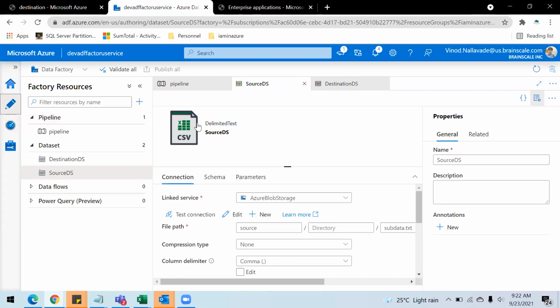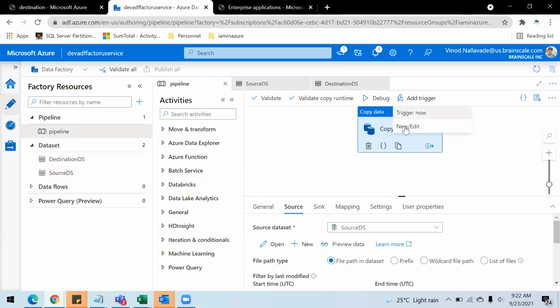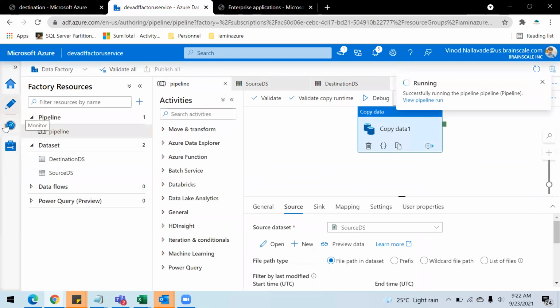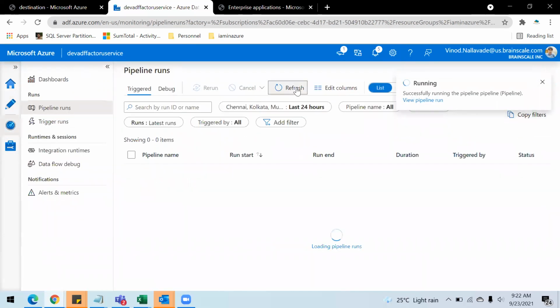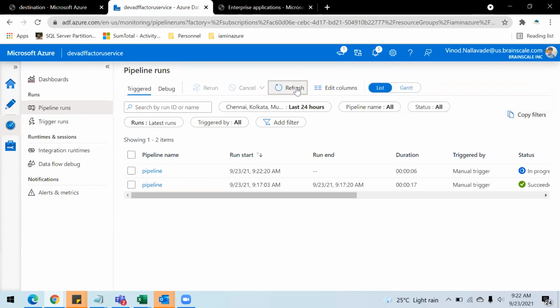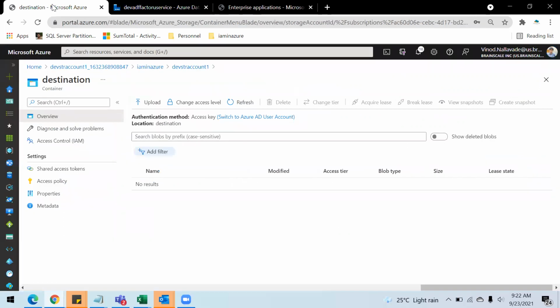Let's run this pipeline now and see. If you notice, I haven't changed anything inside the pipeline, not the linked services, nothing in the datasets, nothing. So let's just run this and go to the monitor section. Let's refresh and see. Once this copy activity is done, we will be able to see the file in the destination of the new storage account. Yeah, this succeeded. Let's refresh this. You see this file is copied here and we haven't touched anything. We have just used Azure Key Vault to store our connection strings, and the same Azure Key Vault we have used in the linked service.